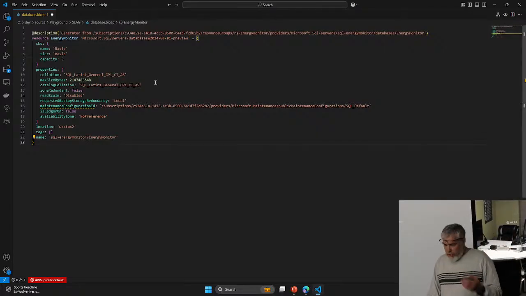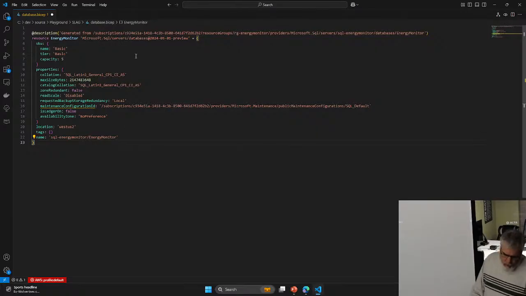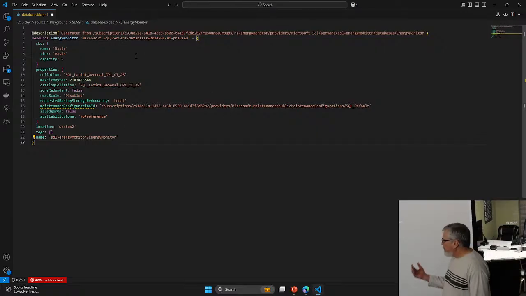So that's all you do. And now this is the Bicep template for that resource. And let's see. Yeah, so anyway, it's a really cool way to generate Bicep files. Now, you're probably going to want to take and modify this and parameterize it and stuff before you put it into your CI/CD pipelines. But this gives you a really good base on what you need to do for your